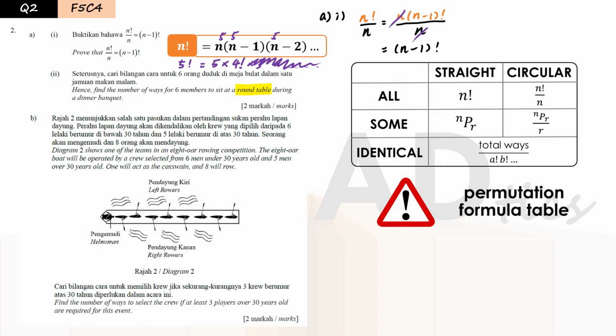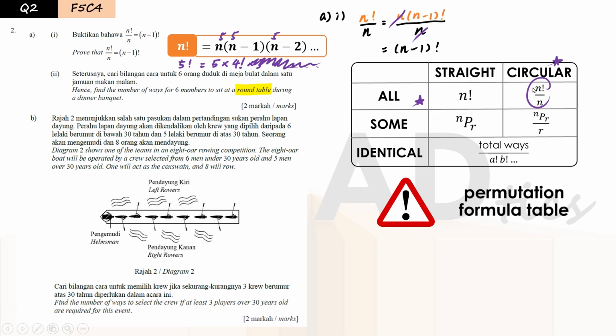Okay, so now in our current situation, we need to arrange all the members, right? So here we need to look at the all case, and here we are arranging them in a round table. So meaning this is a circular arrangement, a round arrangement. Okay, so we need to look at this column. So by looking at this row and this column, the formula that we need to use is this one,